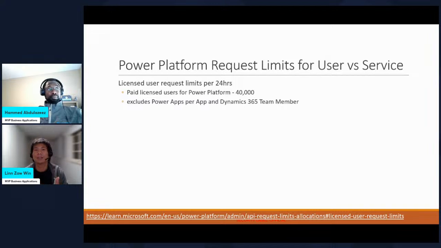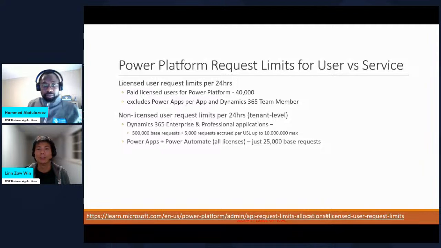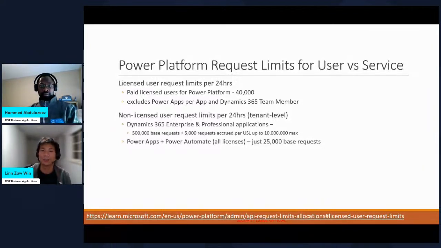So each request is each one step within the flow, right? If your flow has one compose, one if condition, one list rows, and loops through 5 records, then there will be 8 requests. So imagine we have a lot of flows running in the day, and it can easily exceed the 40,000 limit. For a non-licensed user, and non-licensed users are all the application users,